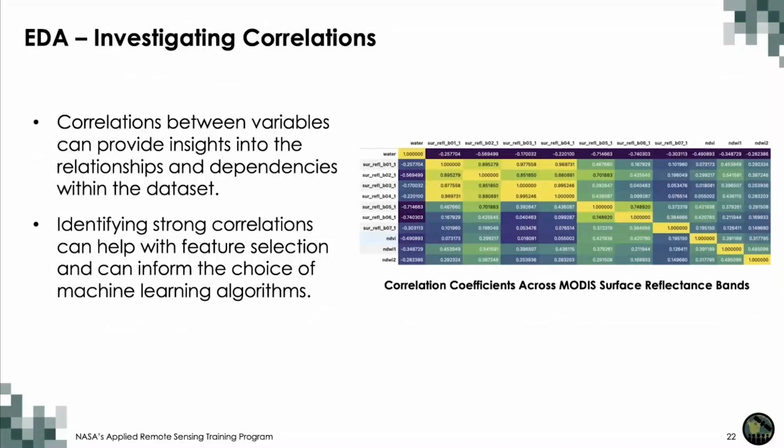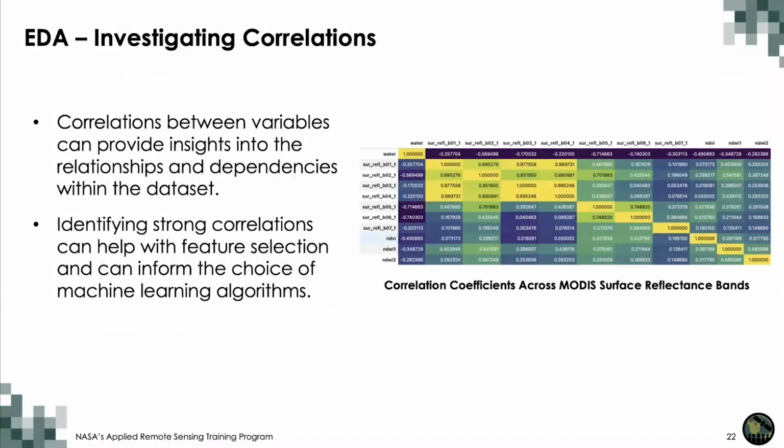The sign of the coefficient indicates the direction of the relationship, with positive values indicating a positive correlation and negative values indicating a negative correlation. By using this correlation coefficient heat map, we can identify which variables are highly correlated with each other. Highly correlated variables can lead to multi-collinearity, which can cause issues in model interpretation and lead to unstable and unreliable